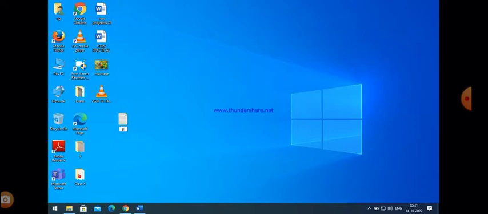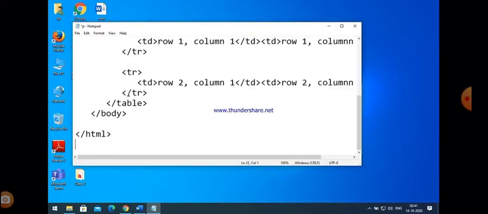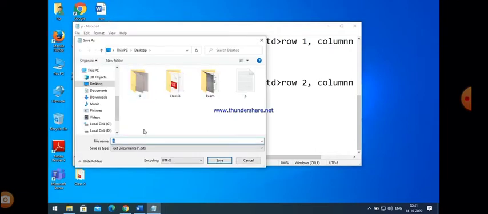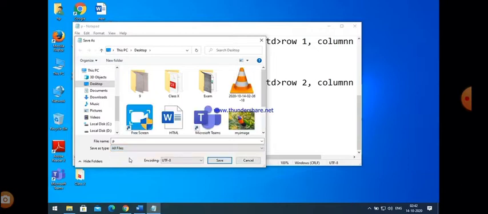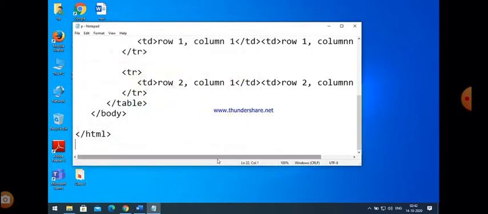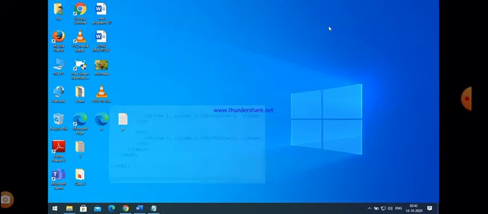So first of all, let us take a notepad file here, and within the notepad file I just write a code and then save this file as a text file, and after that save as. So I just save the program as p.html, because the text file name is p. So p is a text file as well as an html file. Now it is an html file and I just save it on desktop.